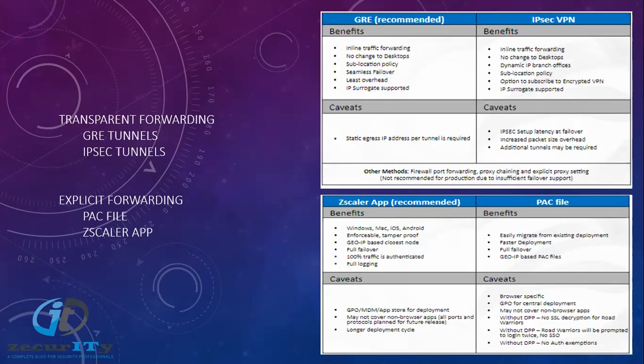When you are using PAC files, there is a chance of losing a few capabilities like SSL inspection when users are connecting from a remote location. So there is an option called a dedicated proxy port in Zscaler, which will help users enable SSL decryption. When they are using a dedicated proxy port, Zscaler will prompt only once to authenticate.